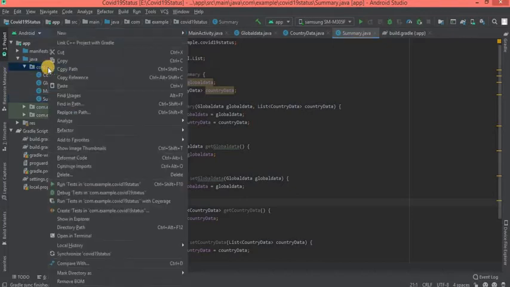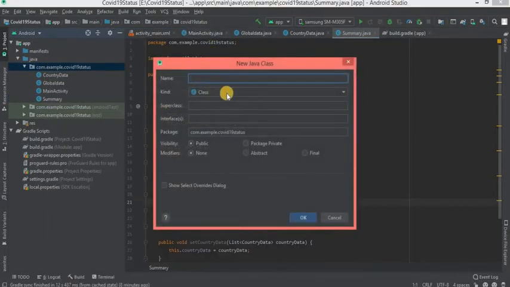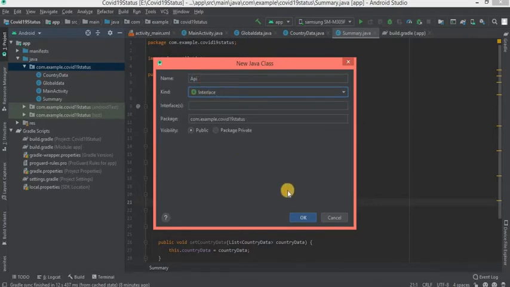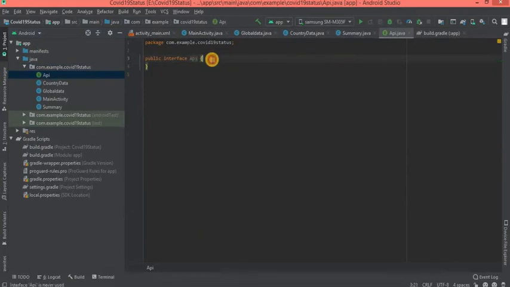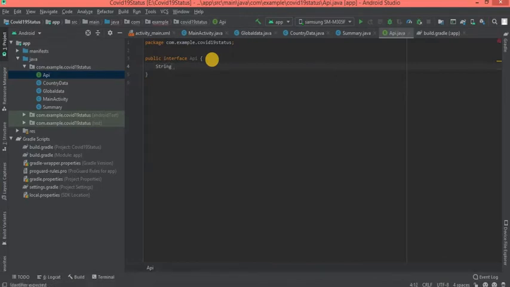Next we need to create an API. For that, create an API interface. You can mention any name here. For understanding, I am giving API. Inside this we need to mention the URL from which we are going to get the data.